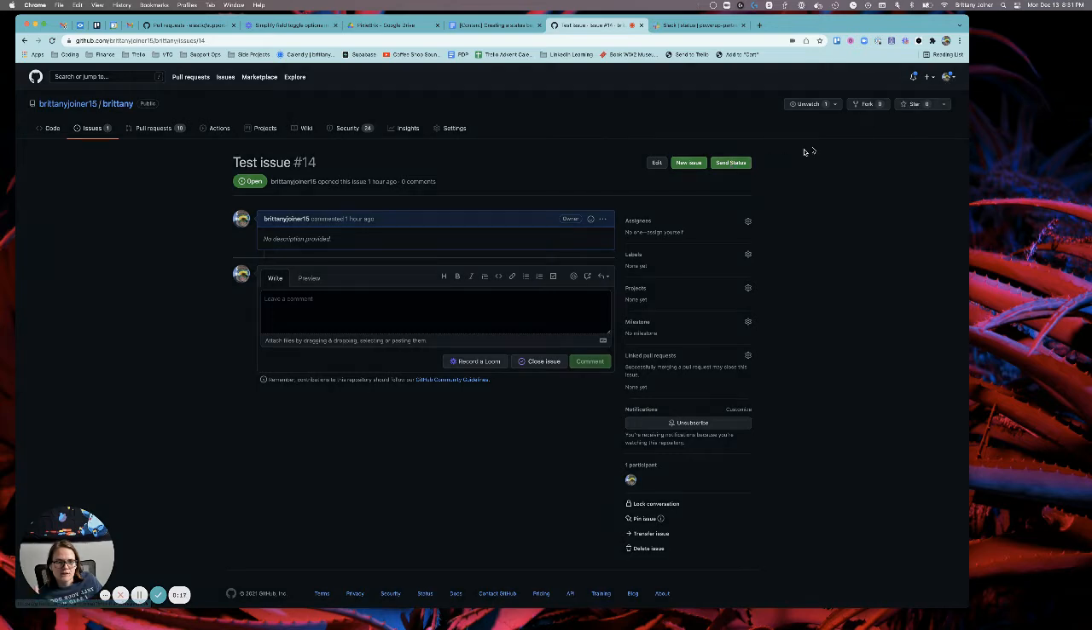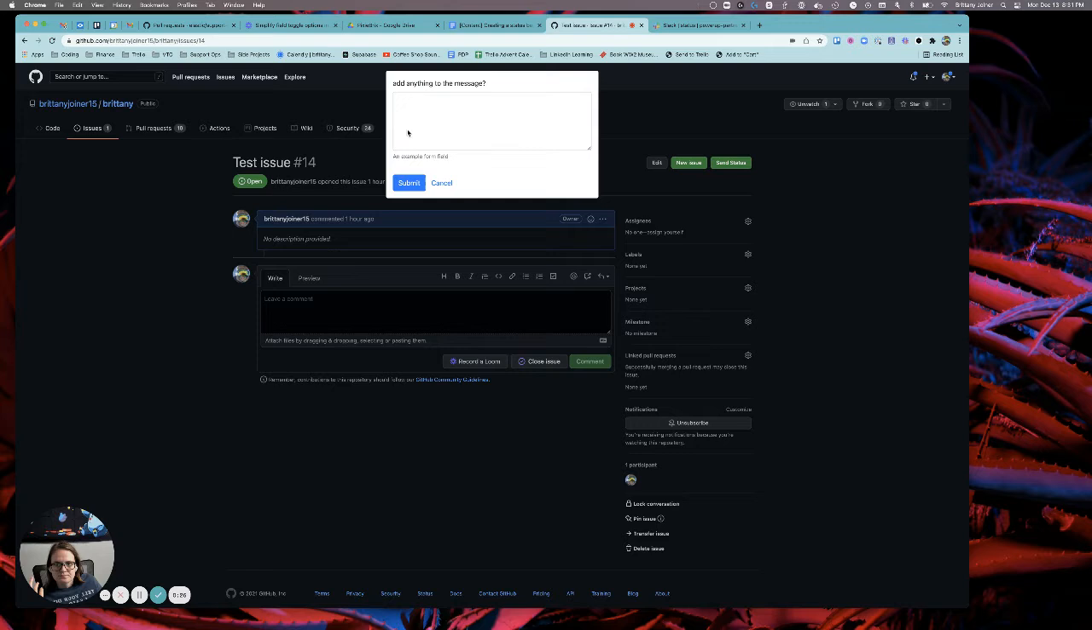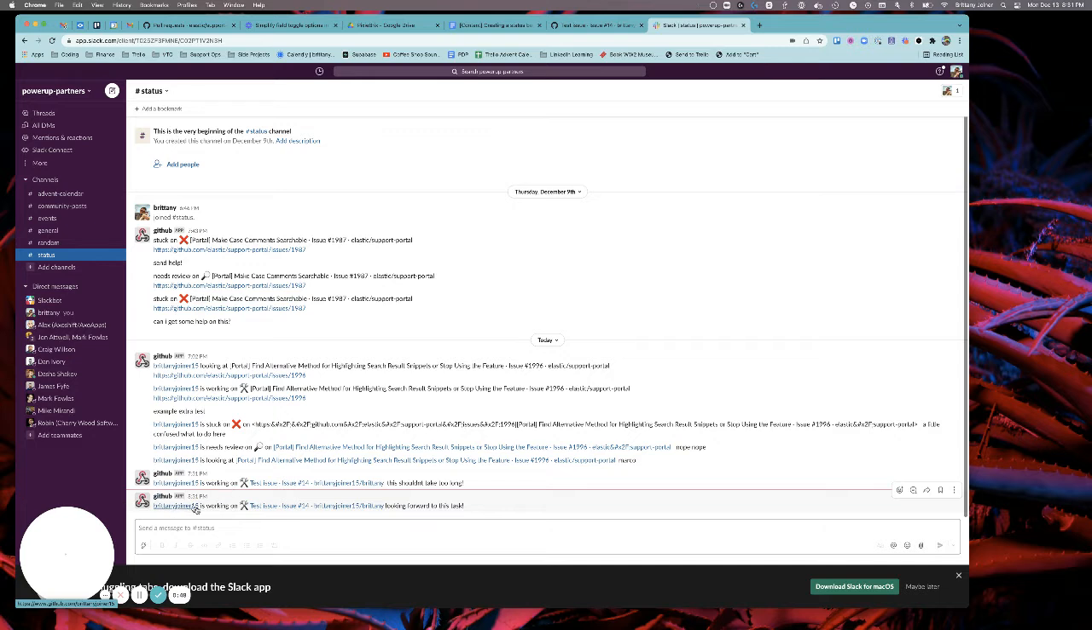Click it, send status, and it's going to pop up with a modal with some drop-down options. You can say, I am working on, hit next, and then you can add any other examples. It's going to say I'm working on test issue. Link to it. You can maybe say, looking forward to this task. I don't know. You'd probably say something more useful. Click submit. And you can now see that over here it posted, Brittany is working on test issue and my